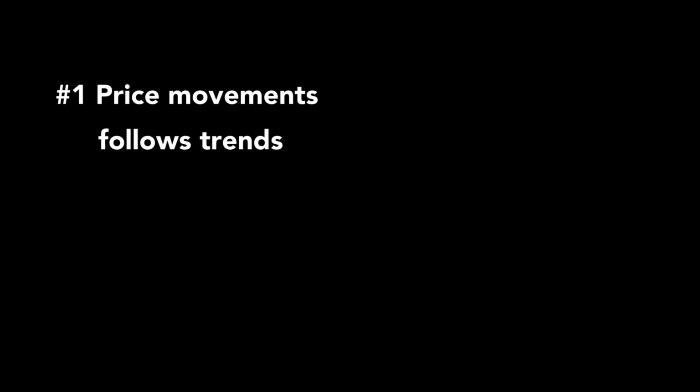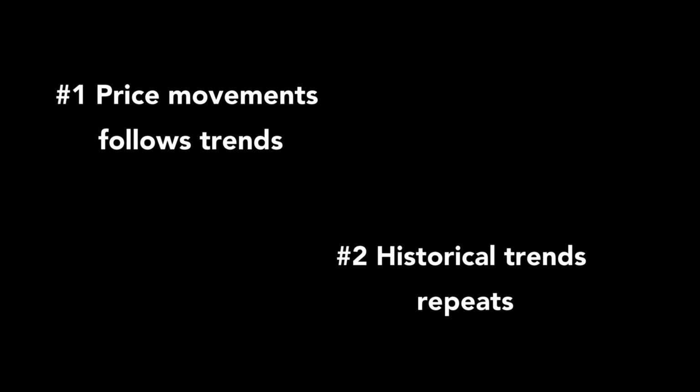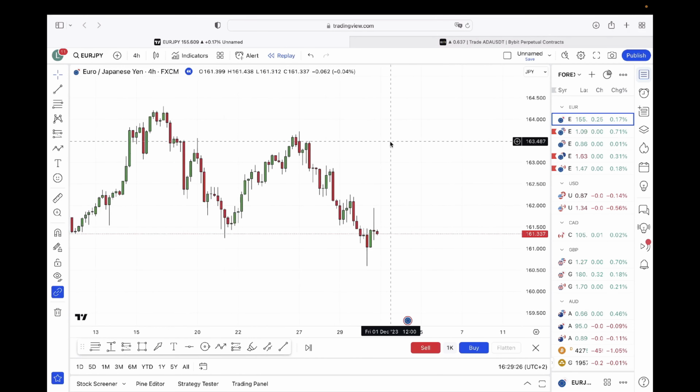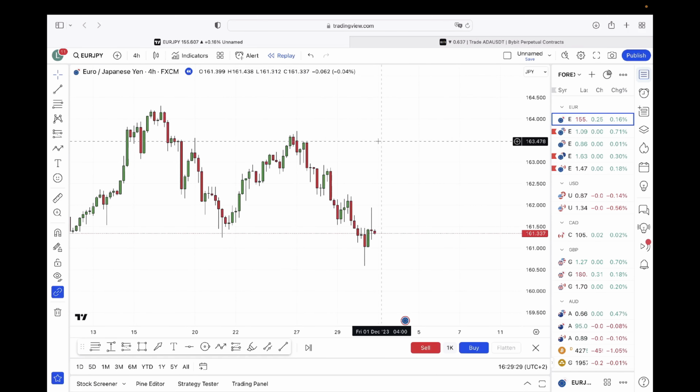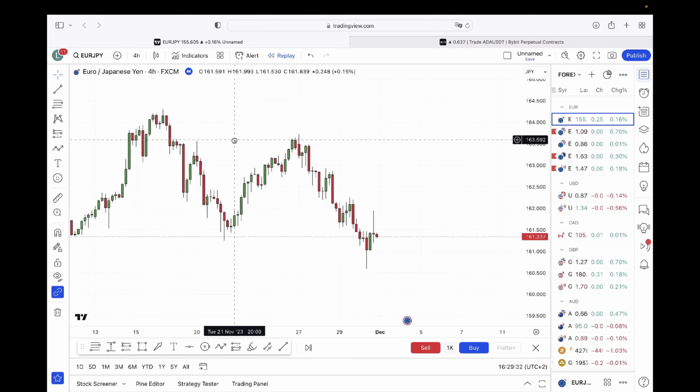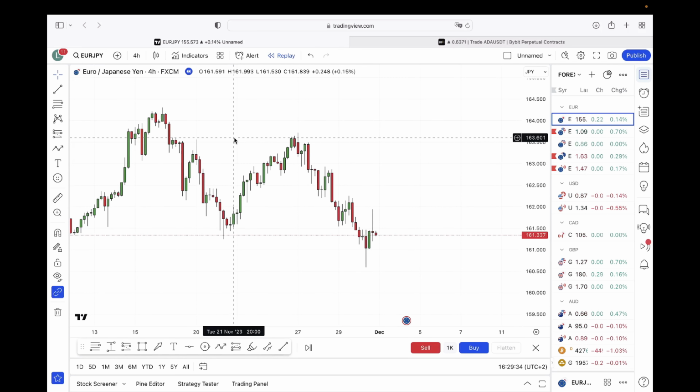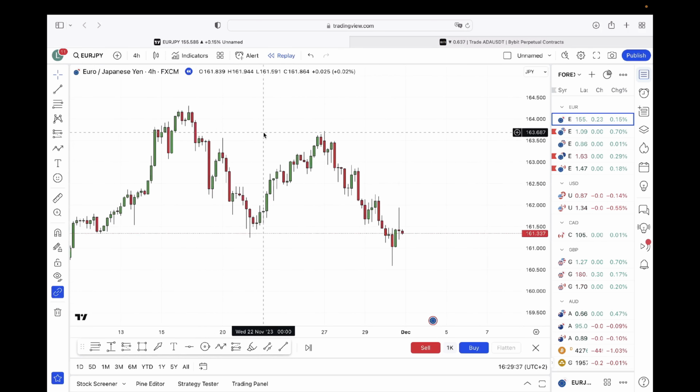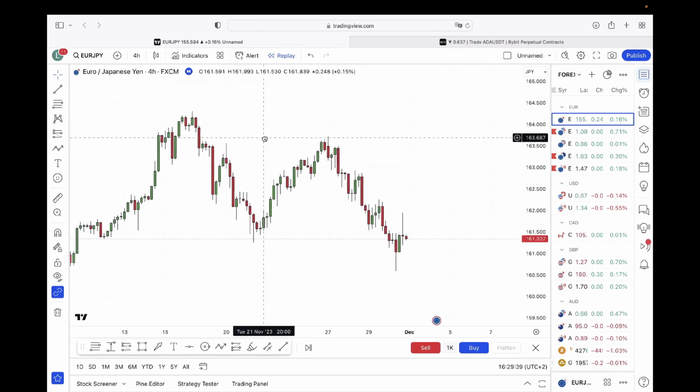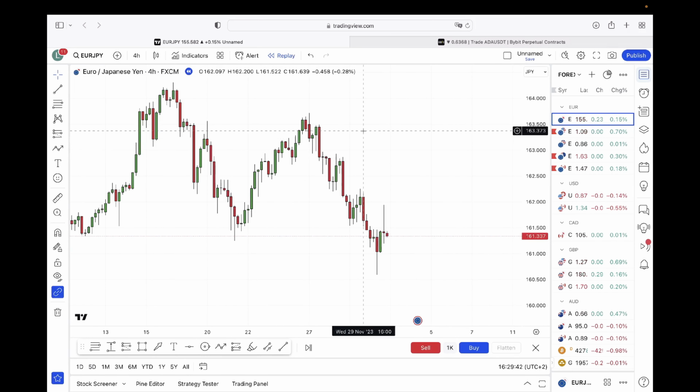It's built on two fundamental principles: price movements follow trends, and history tends to repeat itself. These principles guide forex traders in interpreting chart patterns and making decisions based on statistical probabilities rather than mere speculation. So in order to start day trading and to start technical analysis, you need to understand a few simple things. The first thing is obviously that you need a trading platform where you can do your charting, your technical analysis. In this case, the most advanced trading platform is TradingView, so I really recommend for you